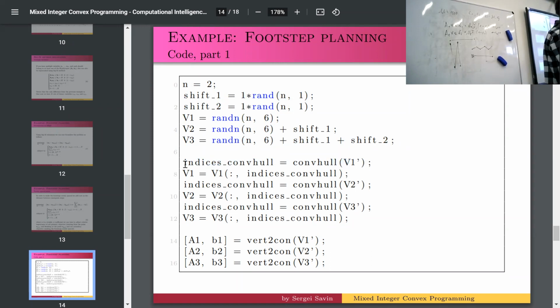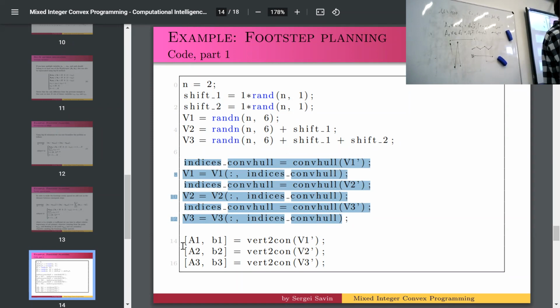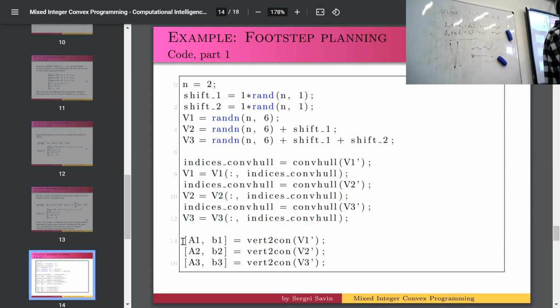Now, all of this is just to turn them into a V representation. It's completely unnecessary, by the way. It just helps for printing. And this is your A and B, H representation of your regions. So the